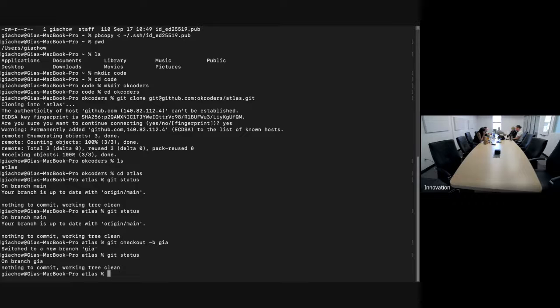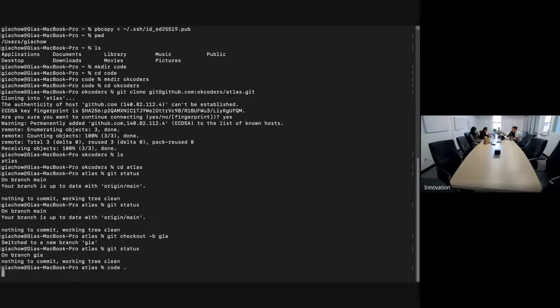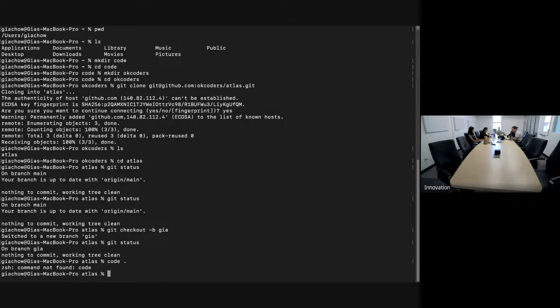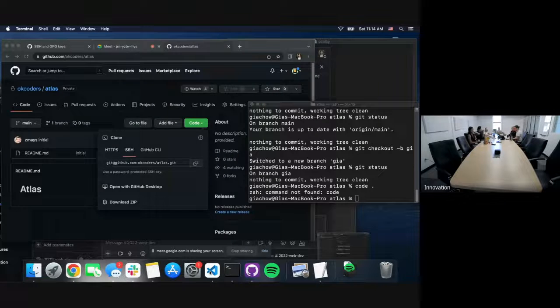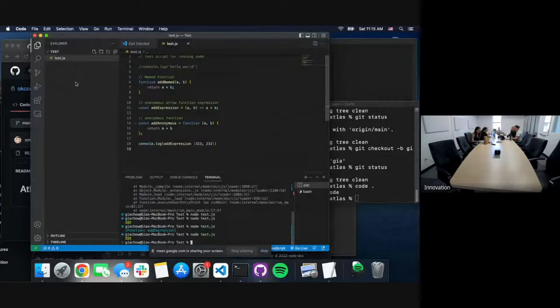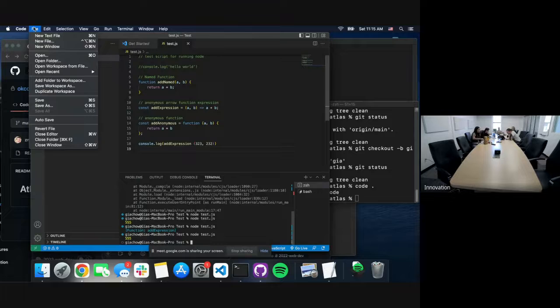So do you have to do code space dot and hit enter? Okay, yeah, you don't have that. So open VS Code. Did it work for you? Yeah, cool. I remember I did this 2 weeks ago. Yeah. So yeah, open VS Code and go to file, yeah, and then do open folder